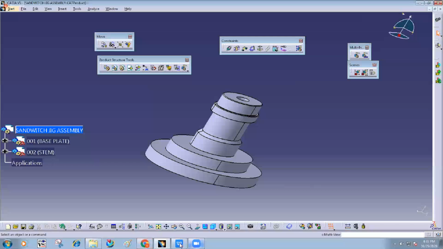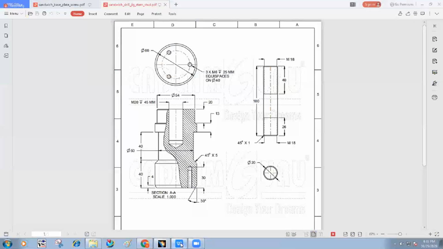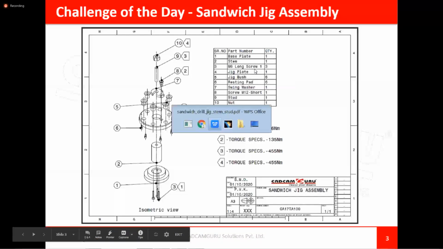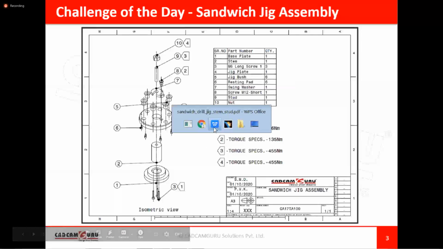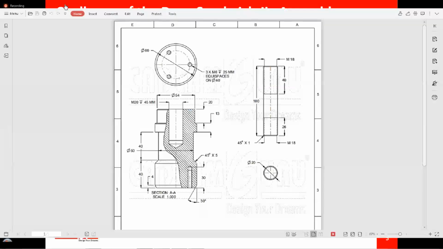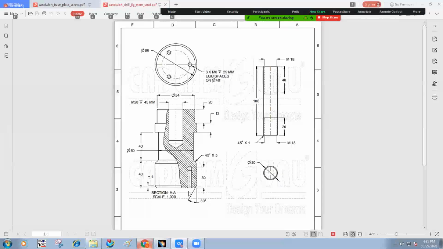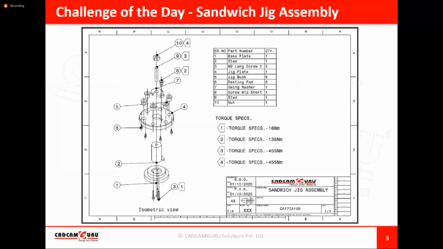Okay. What is the next part inside it? You can see that assembly. Some fasteners are fitted. Fastener number 3. What is that? M6 long screw. Fasteners are fitted over this hole. M6 hole. Just pass from here. M6 hole. To lock these two parts.